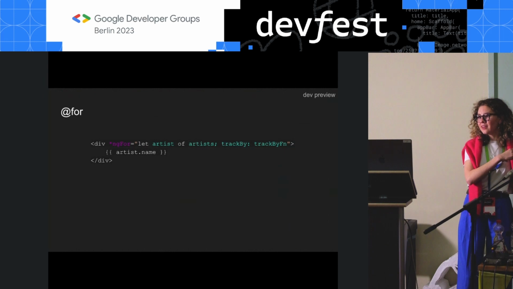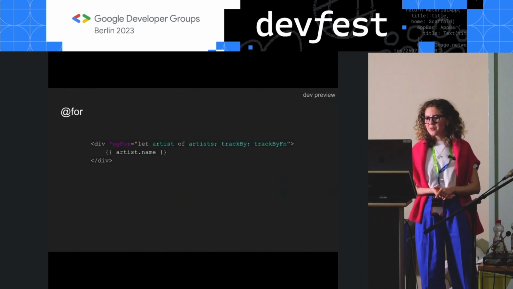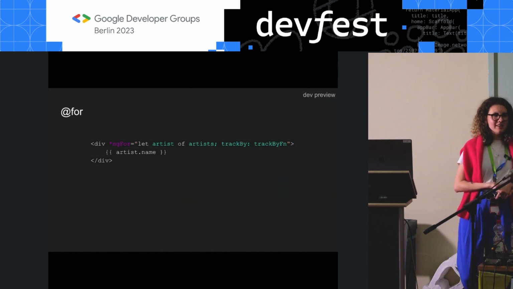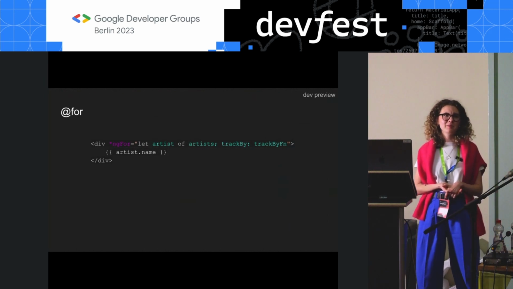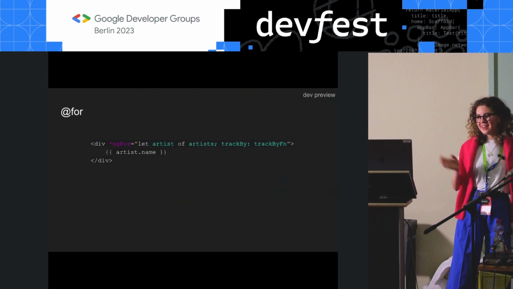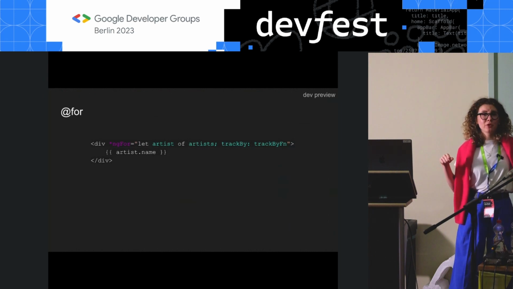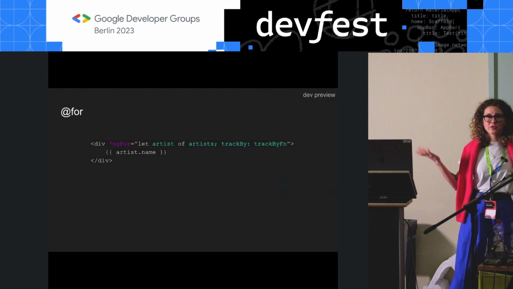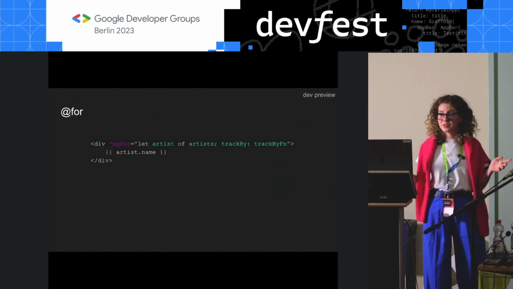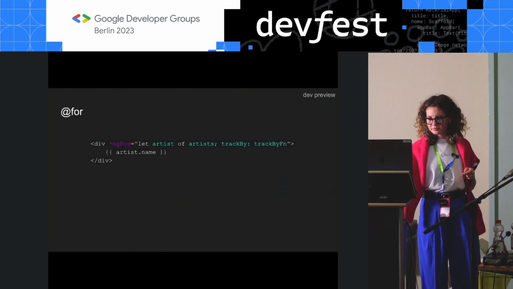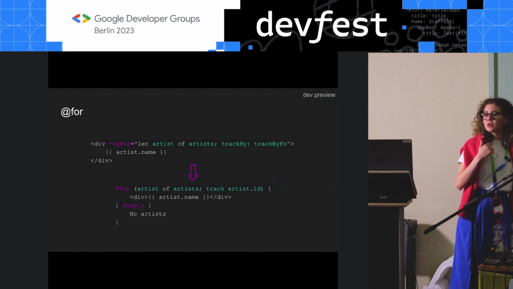Starting with the @for, so the ngFor loops. Well, I don't know about you guys, but I still need to Google sometimes how to write my for loops because, yeah, sometimes I just forget, especially the track by part. I mean, if you don't do it, you can introduce bugs without wanting, and yeah, we don't want that. Well, it will look like this now.